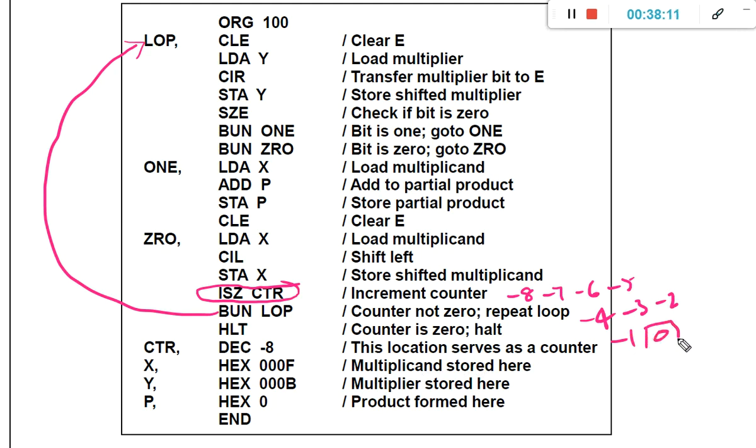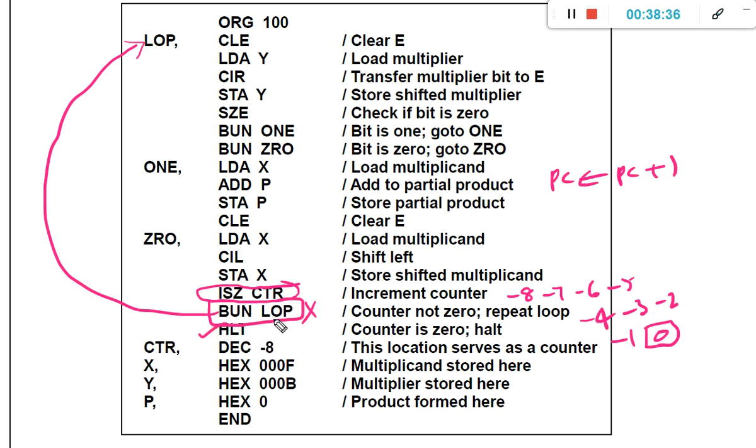Whenever it becomes 0, increment and skip if 0, the counter is 0. So whenever the counter is 0, you skip the next instruction, that is PC assignment PC + 1. Then this particular statement will not be executed. Directly you will move to the halt.